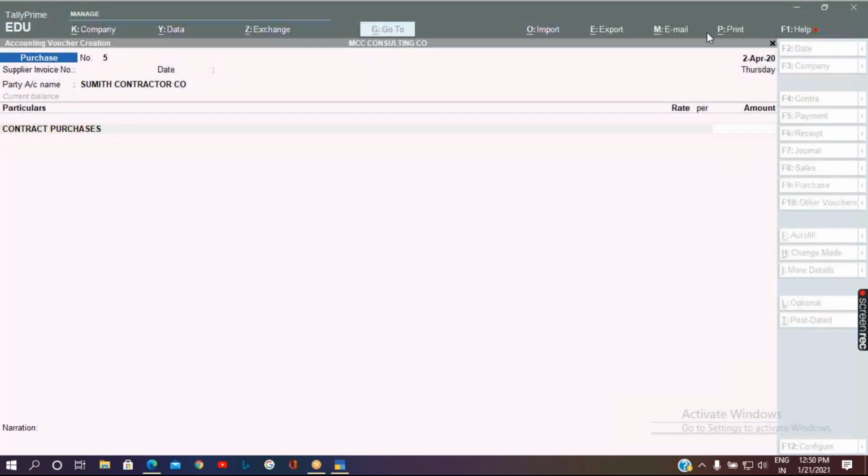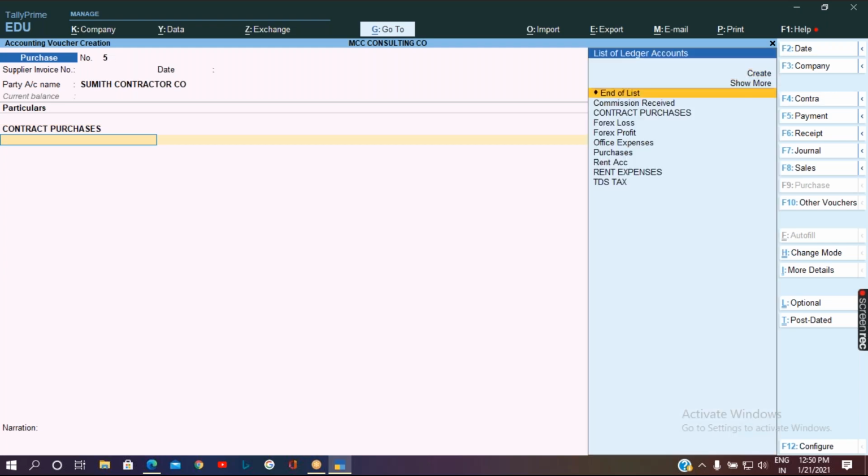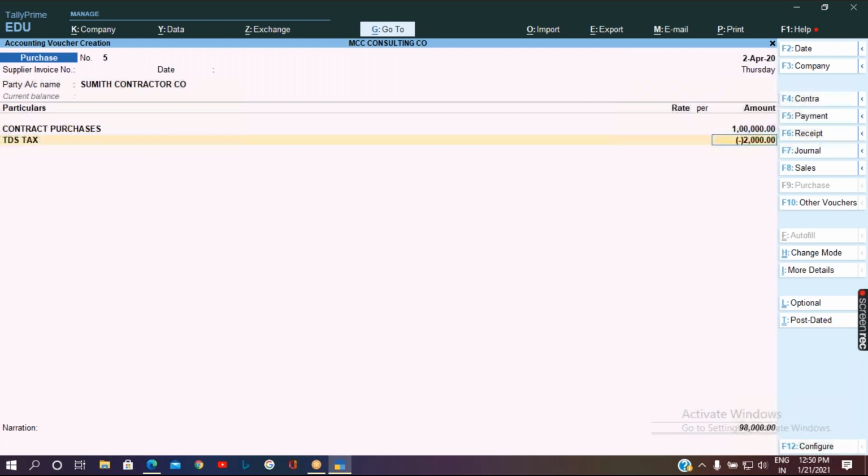The contract purchase account is enabled with the TDS option, the nature of payment. So I'm going to specify the amount. Let's assume it as 1 lakh. On this 1 lakh, there will be a TDS deduction of rupees 2000, because it is 2% if the party is considered as a company.